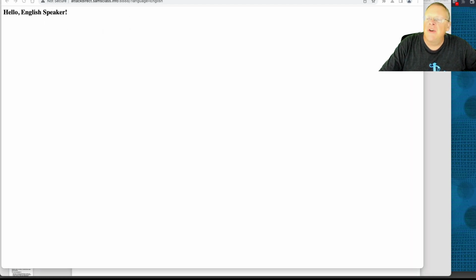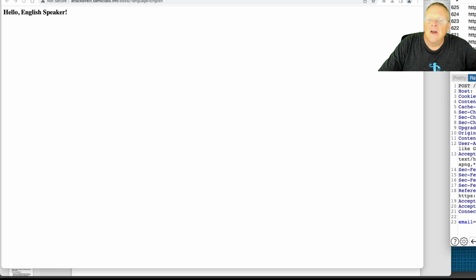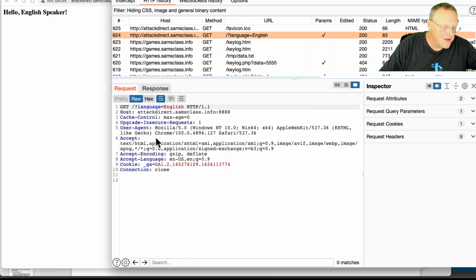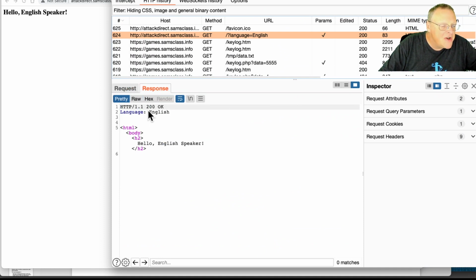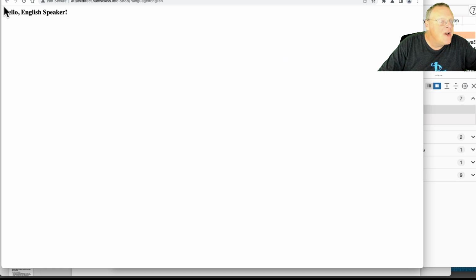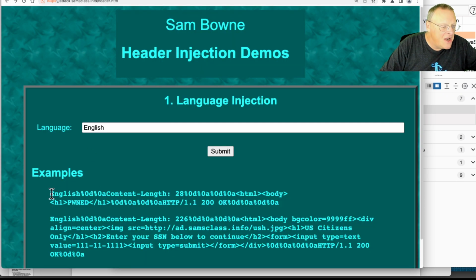And I should be able to see that, by the way, in Burp. Let me take a look at my proxy. Okay, so here it is. Here's the get language equals English. And here's the response. And you see it has language English up here in the header, and then a web page below that. So if I put in this junk down here,